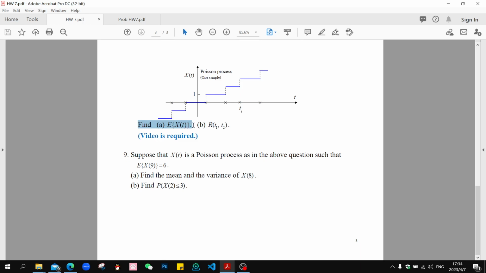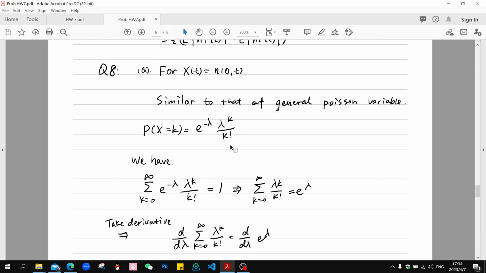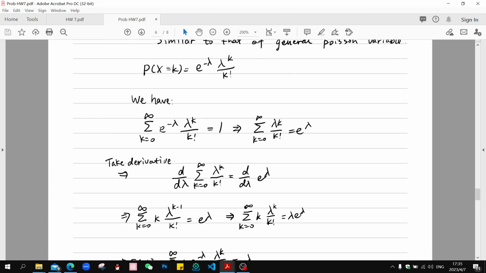Now we have to find the expectation and the variance. To find expectation, we can refer back to the general Poisson variable. P(x equals k) is e to the power of minus lambda multiplied by lambda to the power of k divided by k factorial. We have that the sum of it for all k from 0 to infinity should add up to 1. That is this expression. And then we can take the derivative on both sides of the equation